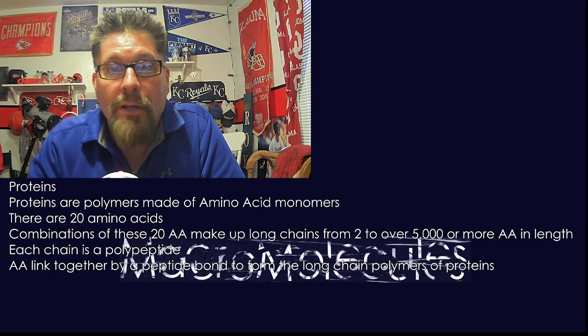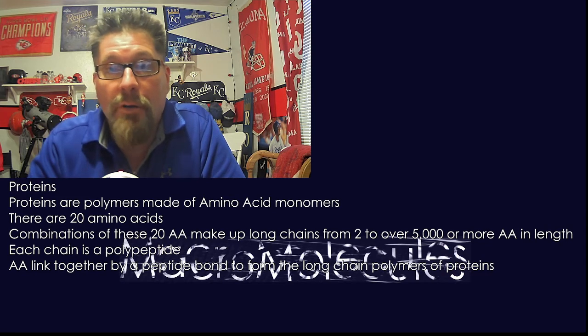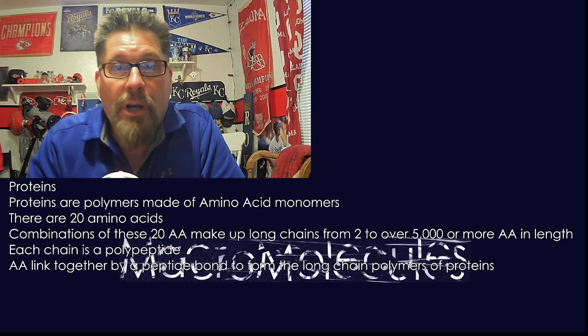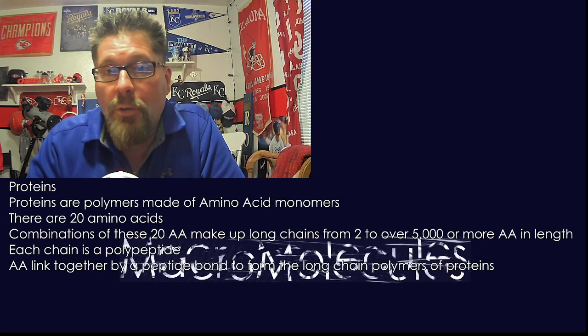So when you take a strand of amino acids and you put it together, that process, of course, is dehydration synthesis, where you build that with a water molecule leaving, all that stuff that we've been talking plenty about. But when you do make those chains, that chain is called a polypeptide. Anytime you see a word reference to peptide, you're talking about proteins. You're talking about amino acid chains. So when you put those together,